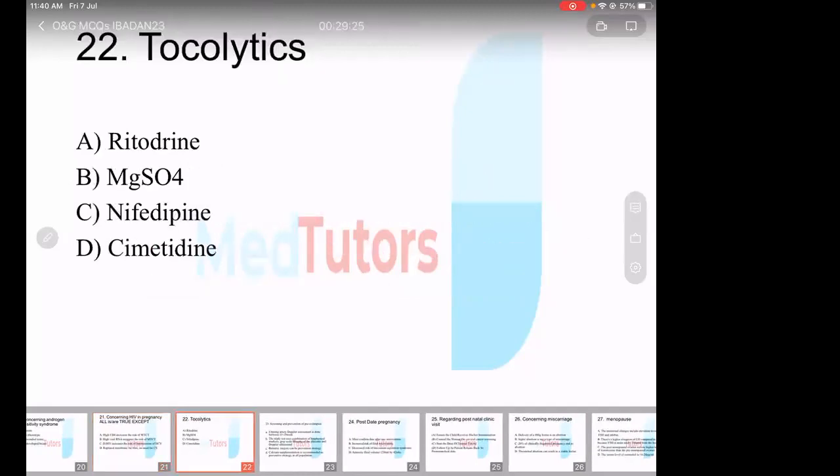Question 22 says tocolytics. So which of these drugs is a tocolytic, or which of these drugs is not a tocolytic? Ritodrine, of course, is a tocolytic drug, and by tocolytic meaning a drug that stops uterine contractions. So ritodrine is one. Magnesium sulfate also can be used as a tocolytic. C, nifedipine, which